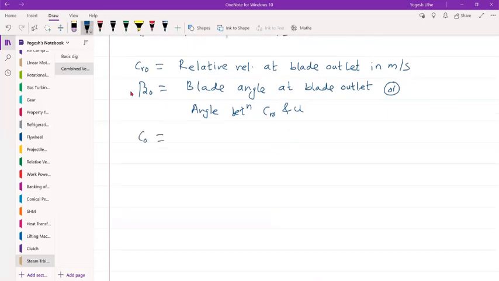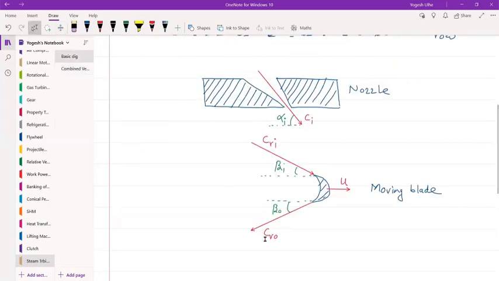If you look at this diagram, we will feel that steam leaves with a velocity CRO. Actually, steam enters the blade here with velocity CI. Whatever velocity it leaves the nozzle with, it enters with the same, and it leaves the blade with velocity CO. CRO means relative: if you assume the blade is stationary, then steam leaves with CRO. But the blade is not stationary, so steam leaves with a velocity of CO.